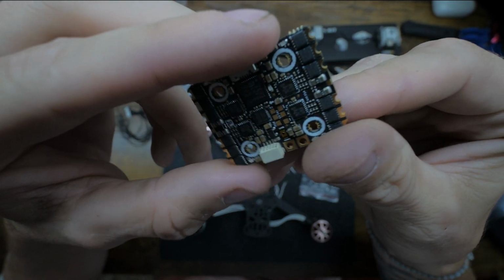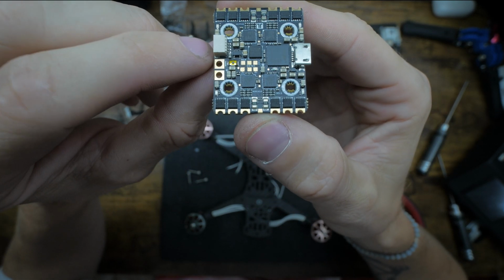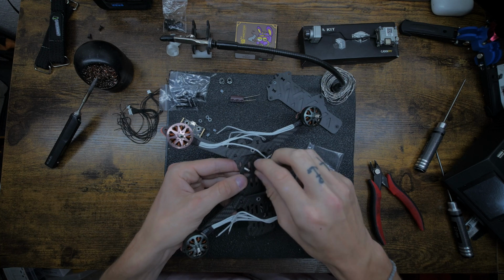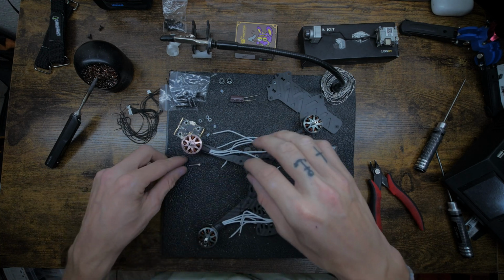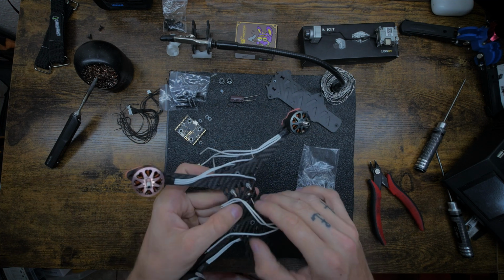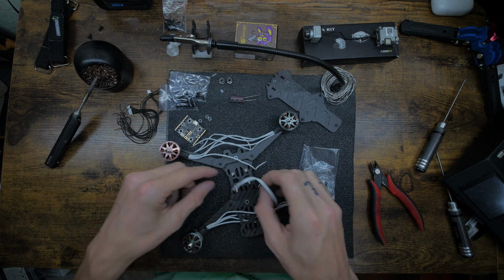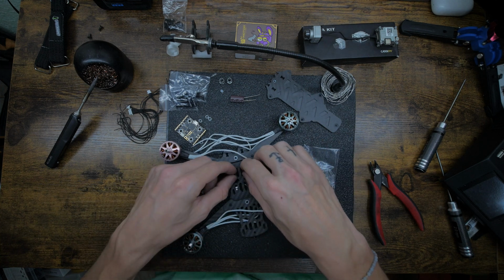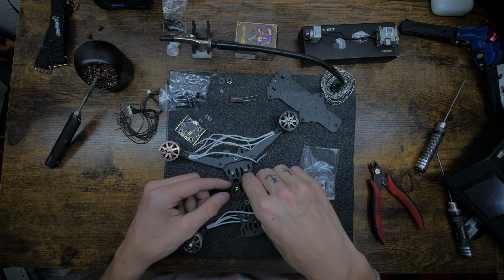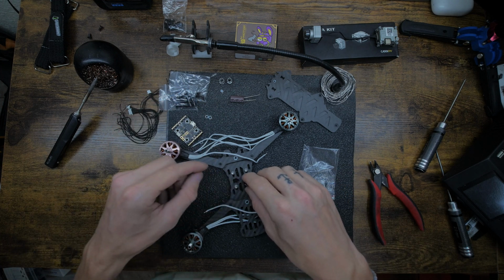So here's that little arrow I was talking about. We want it facing this way. We'll start by pushing these through. Like that. And like that. The plastic will kind of hold it on as long as you're gentle, so you can kind of work it. It's not as hard as it looks. So now that I got those 4 on,